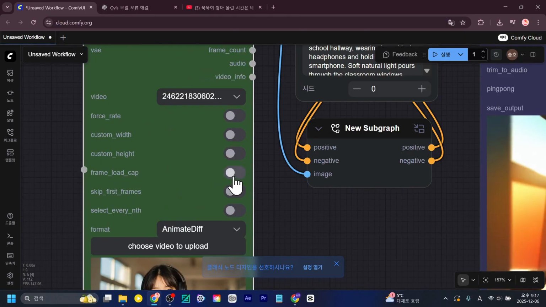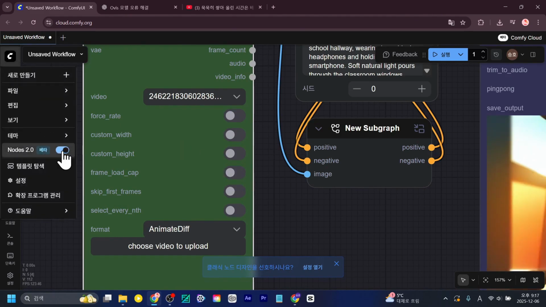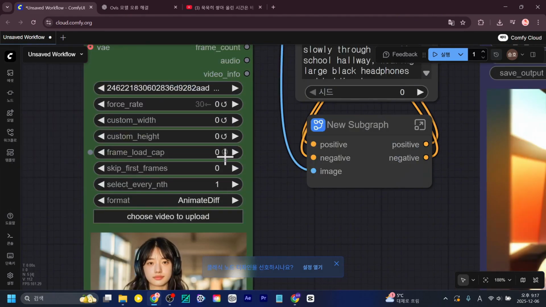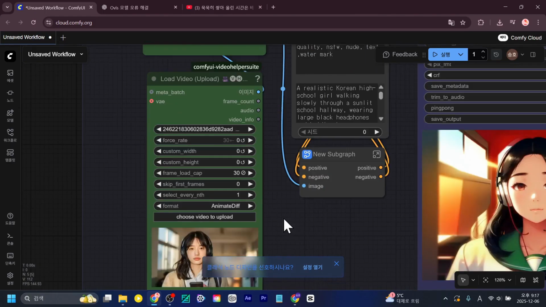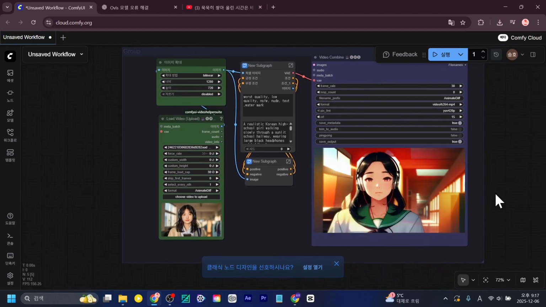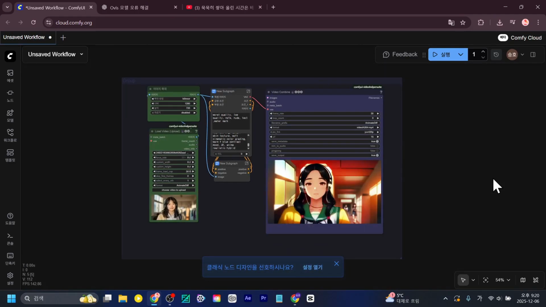Next, we're working with the frame rate capped at 30 frames per second. Right, but looking here, this part isn't visible again. Let's return it to the normal range, and if you work at 30 frames per second, you only need to work for 1 second. So you can just work at 30 frames like this.